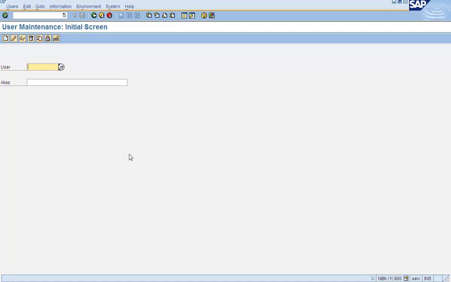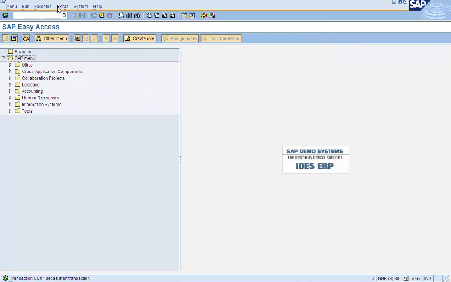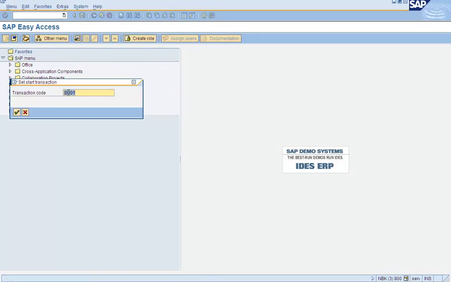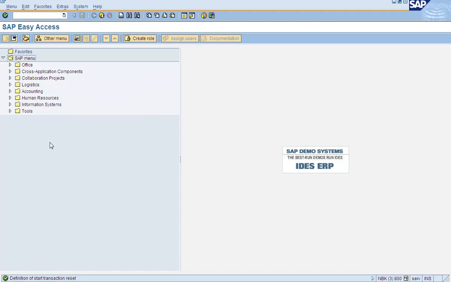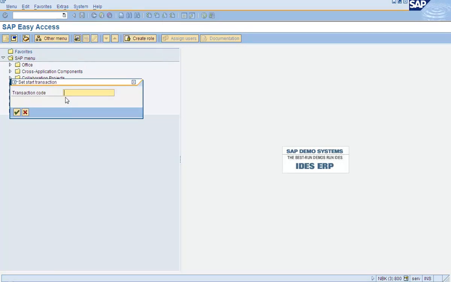So sometimes by mistake, users make entries into those, somebody sets it up and they don't realize, and one fine day somebody will complain, hey boss, whenever I log in it goes to a transaction code. I don't get the SAP menu screen, I have to come back. So you have to go and look here. Set start transaction takes you automatically to the transaction code. You don't have to set it. Ideally, nothing should be here.